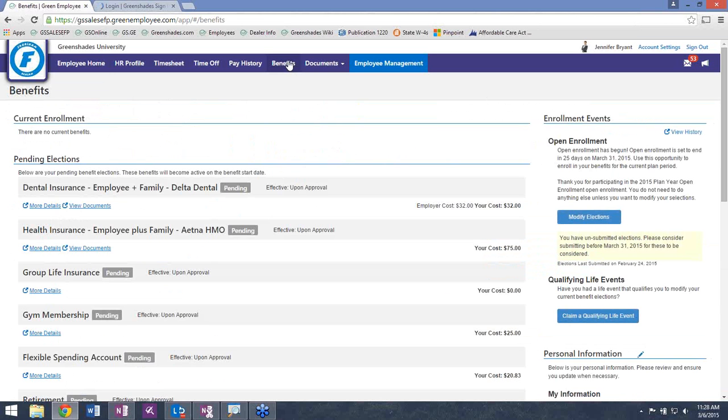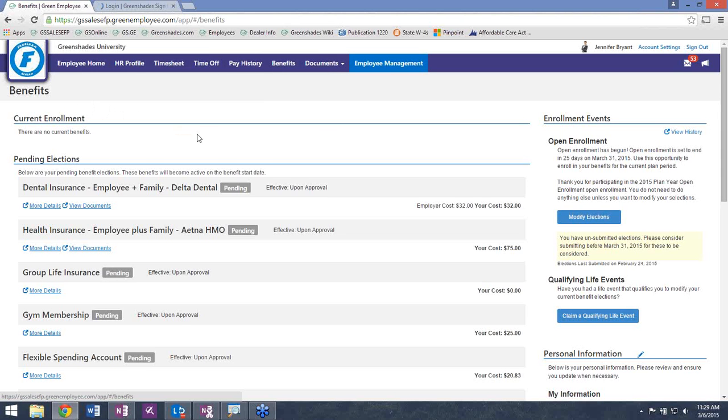So this is where the employee would be directed for any type of enrollment event. So this is going to include the open enrollments or the status changes, somebody going from one department to the other, or ACA full-time status to not full-time status and vice versa. This is also going to manage the qualifying life events and also all of the new hire enrollment. So when an employee has access to the benefits enrollment portal, they're going to see their current enrollment in the top left.